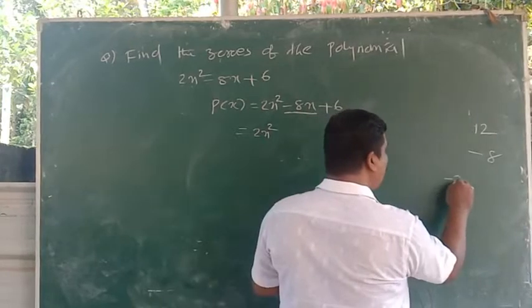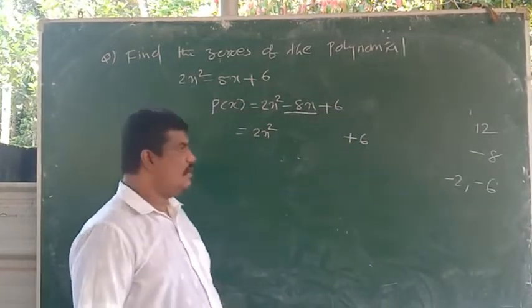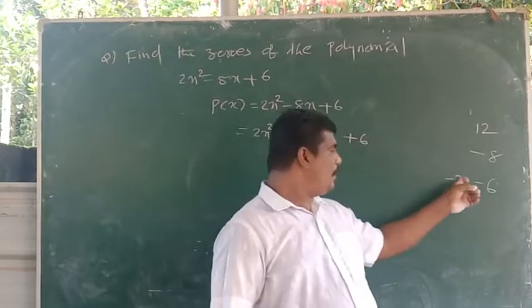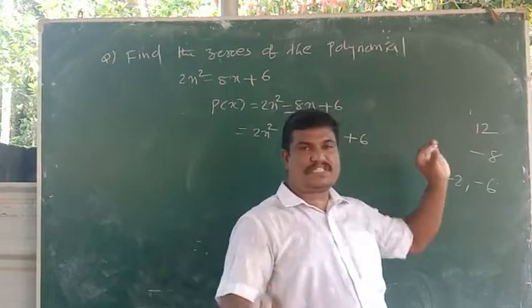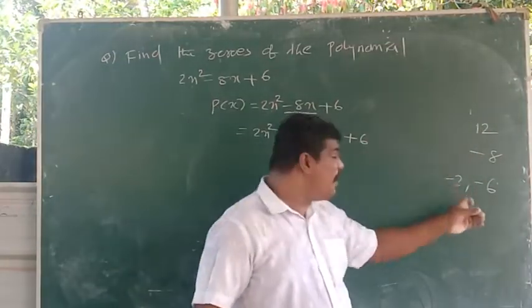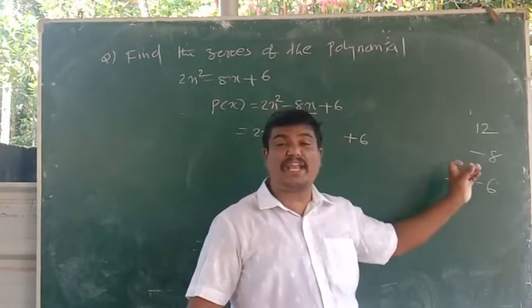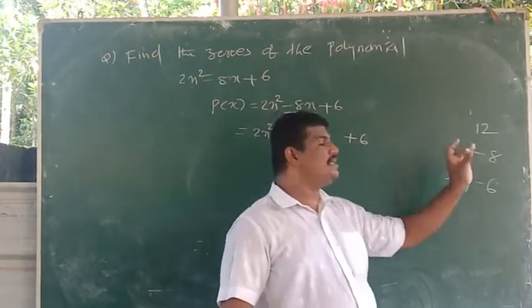Minus 2, comma minus 6. Check. Minus 2, minus 6. First you multiply these two. Minus into minus plus, 2 into 6, 12. First condition, okay. Minus 2 into minus 6 is plus 12. Then add minus 2 and minus 6. Both are negative, so you add the numbers, 8. Same symbol, minus. So minus 8.